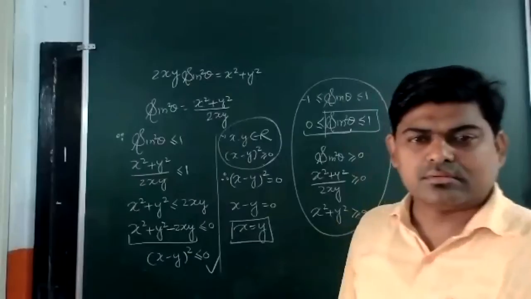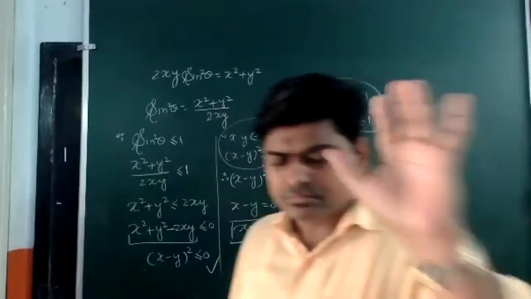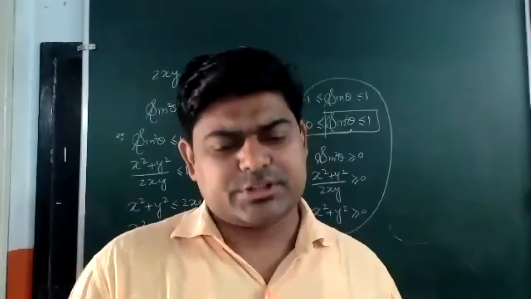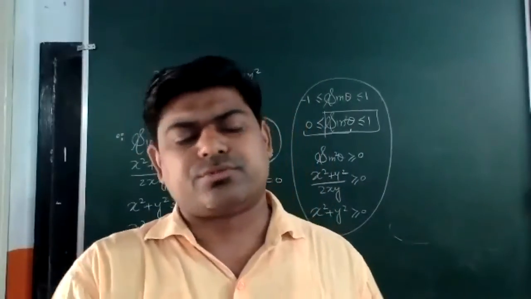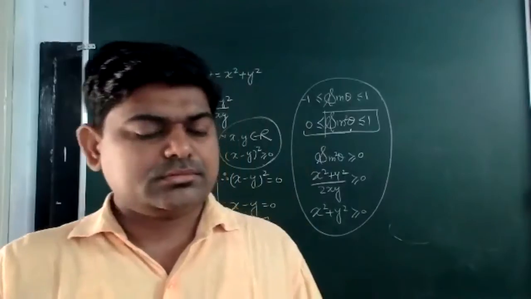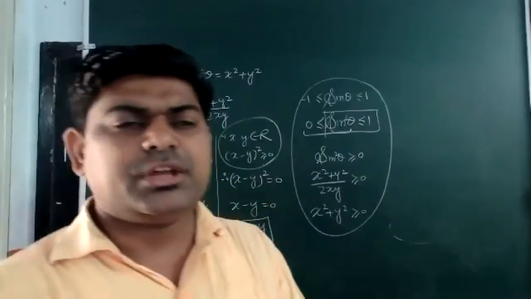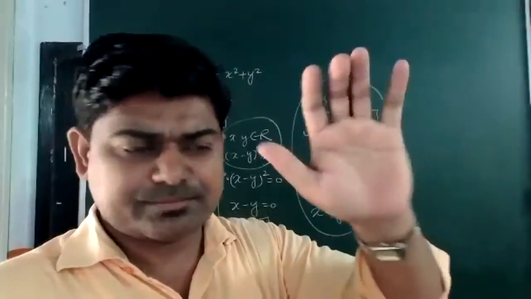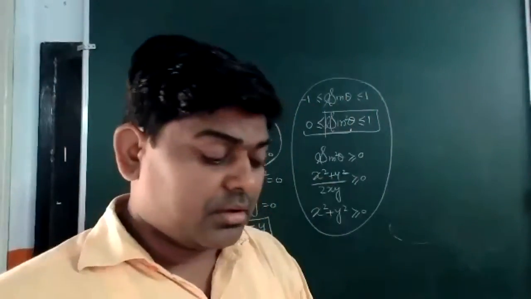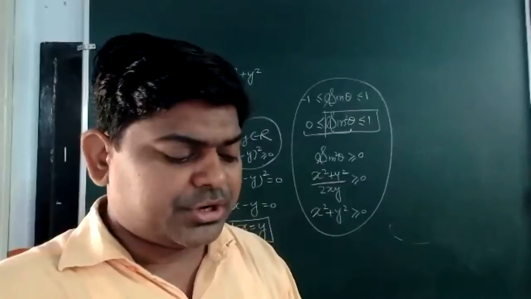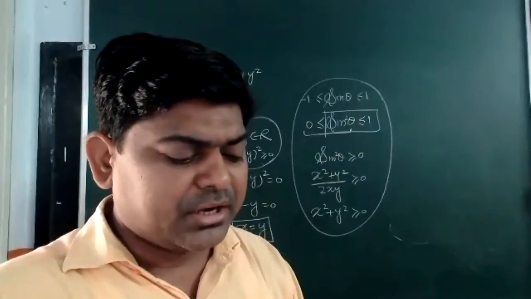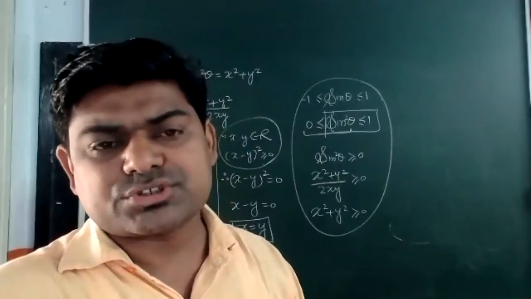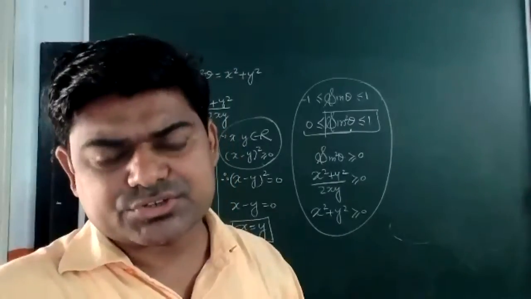Okay, now question number 22 and 23. Actually, in 22 and 23, once again we have to think about the concept of function, domain and range. Question number 22 is there. Find the least value of sine square x plus cos square x, cosec square x.